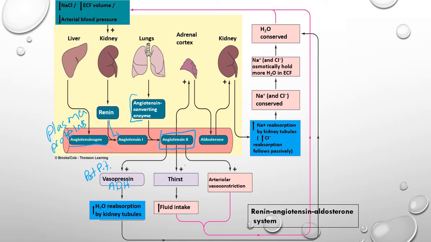We're going to hit the thirst center. That's going to potentially make us drink more, so we're going to feel thirsty. We're going to have all those things that we normally experience in terms of thirst. And then one of the bigger things that it's going to do as well is vasoconstriction. All of that is going to lead to